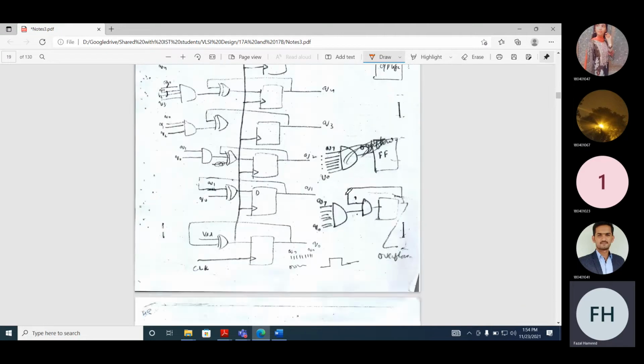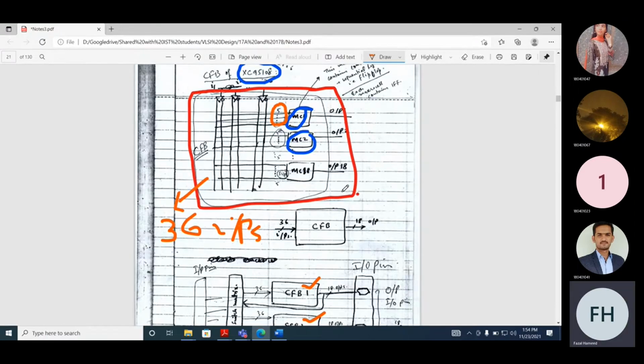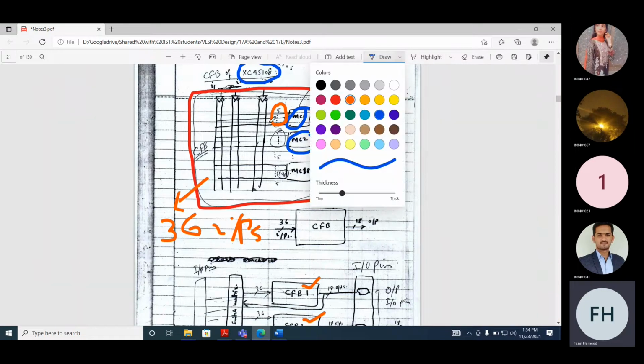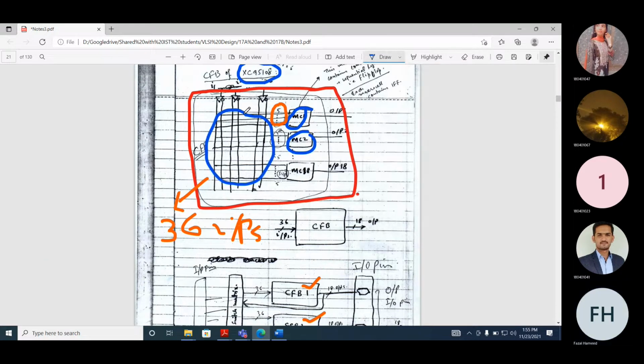So if you look at here, now this is a CFB with 36 inputs, but within the macro cell there are 5 AND gates. And all of these inputs here, they are programmable. All of them are programmable. Okay, so like there will be a circle there, and when we tick it, it is programmed, and when you don't tick it, it is unprogrammed. So it all depends on the switches. Either the switch will be connected or disconnected.